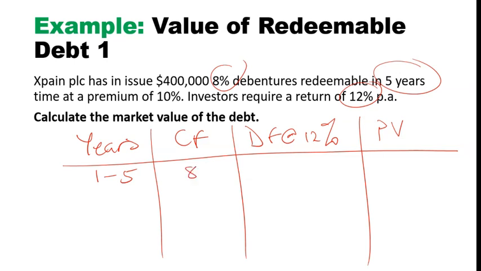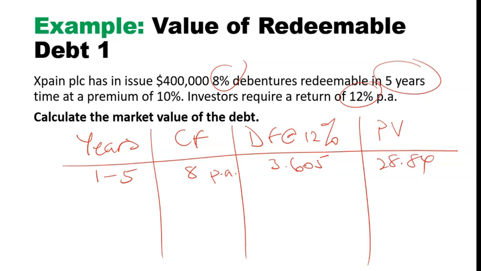That's $8 per annum. And the discount factor, we are going to use a 5-year annuity at 12%, that is 3.605. So 8 multiplied by 3.605,